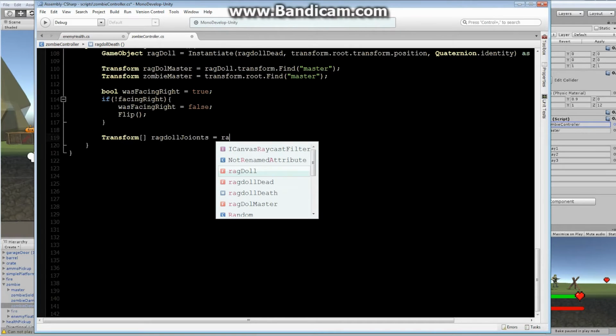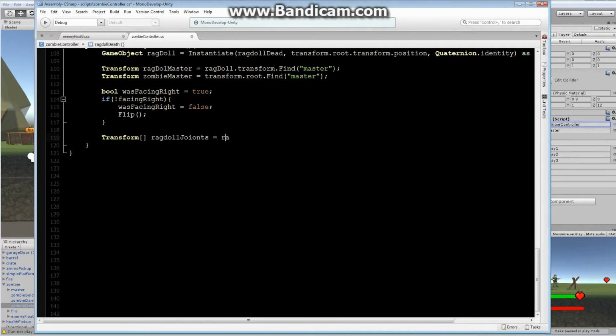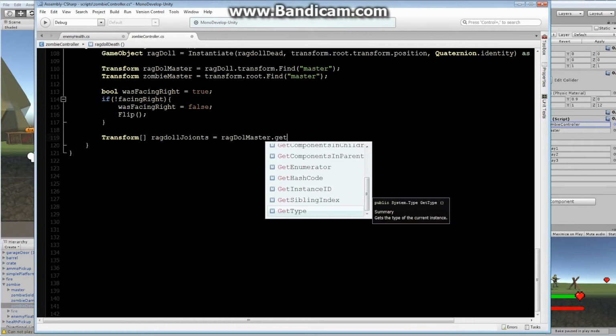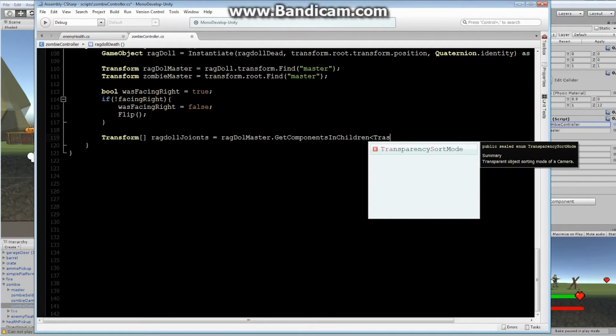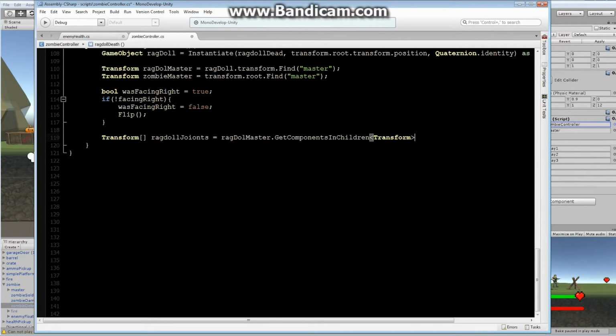It's going to be equal to our ragdoll master. Ragdoll. Oops. Oh my God, I'm hitting all the wrong buttons. Ragdoll master. All right, we're going to be looking for the ragdoll master. We're going to do GetComponentsInChildren. So we're going to be looking for all the components in the children, and we're going to be looking for all the transforms. Transforms. All right, that's going to give us all of the transforms for all of the joints in the actual ragdoll. We're going to do exactly the same thing for all the joints of our existing